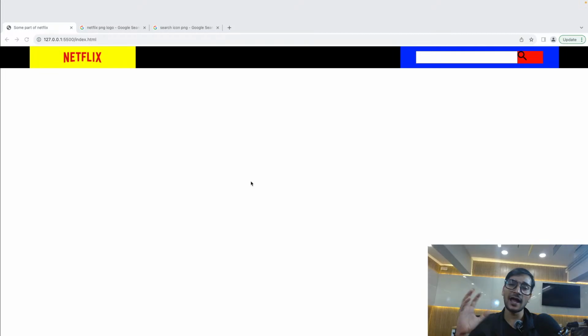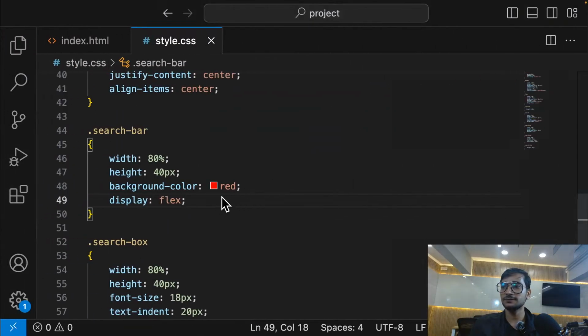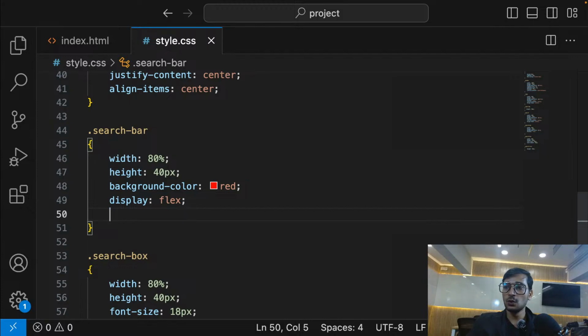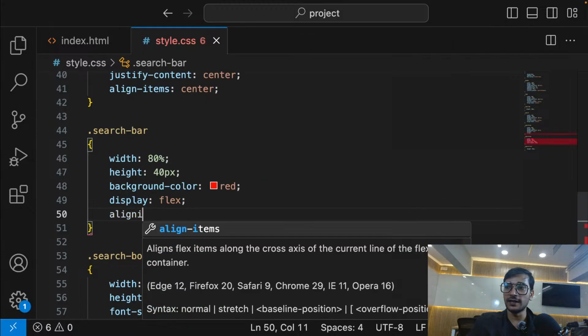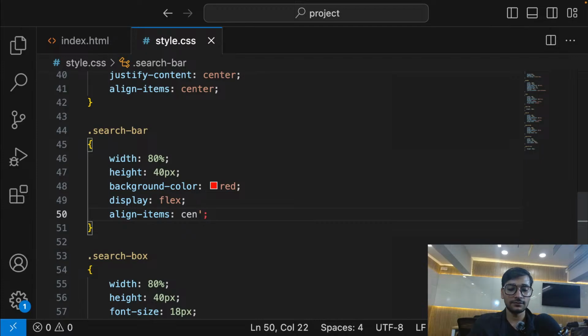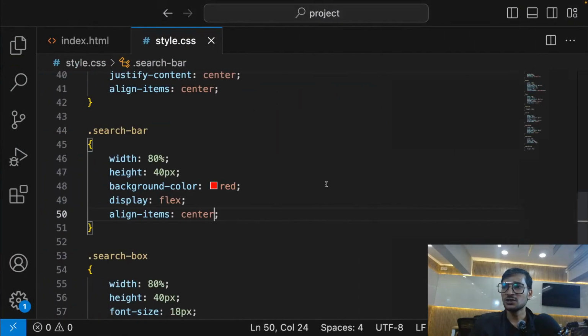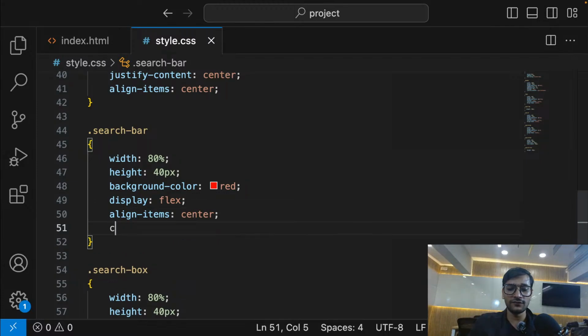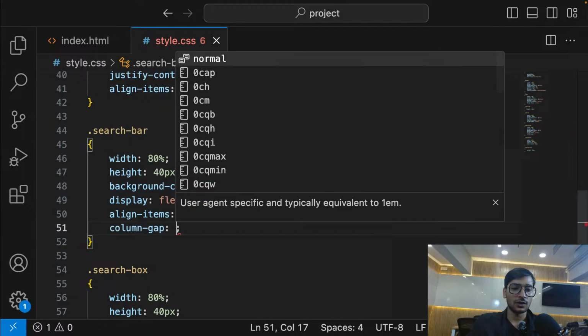Now let's quickly give them some gaps and make them look better. First of all, align items center so that vertically they are centered. Nice. Here we go. Now vertically they are centered. Now I need some gap between the input box and that search element, that icon. For that, guys, either I can use some kind of padding on the image, that will be also fine. But in this case, I'm going for a column gap. Column gap, let's say around 20